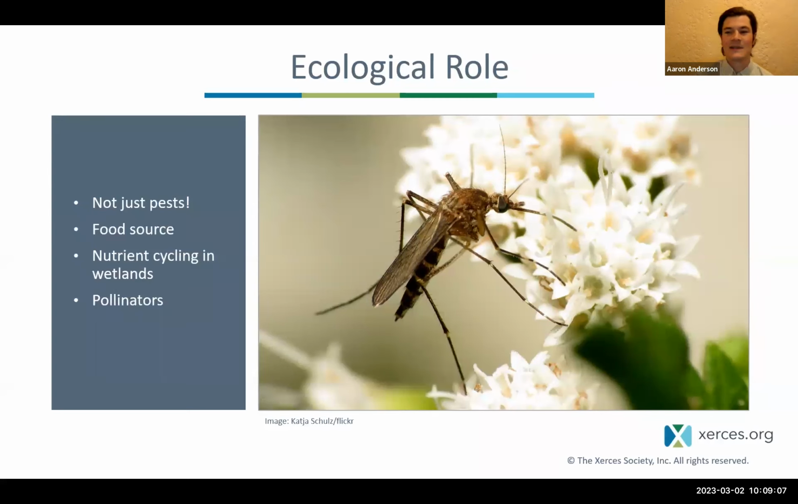So despite the common misconception that mosquitoes aren't anything but a nuisance, they're just pests, they actually do play ecological roles. So first, they're a food source. All sorts of other insects will feed on mosquitoes in their larval stage. Dragonflies, damselflies, copepods all will feed on mosquito larvae. And then as adult mosquitoes, other insects will eat them, as well as birds and bats. And for the birds and bats, they might not be a huge portion of their diet, but they do contribute